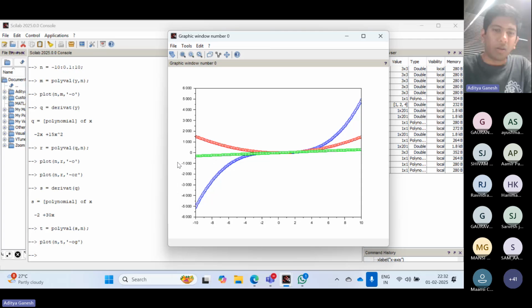And then eventually you take a further derivative, you will find 30 as your value. And yeah, since these orders are quite high, you can see that